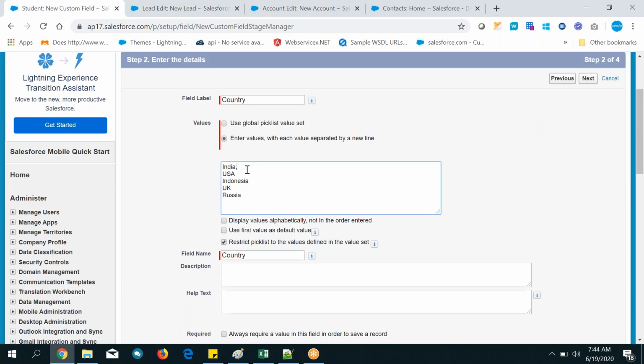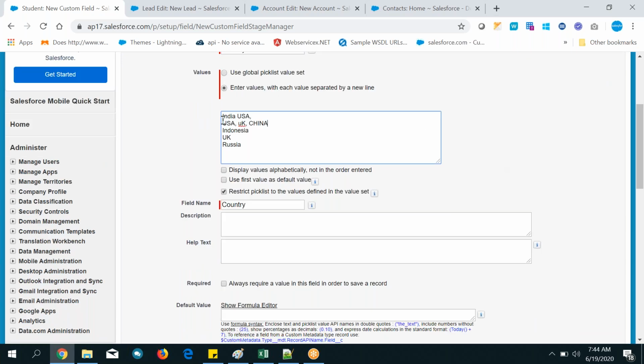Okay, so let me show you. I'm just putting commas, India, so USA, like this. Okay, see, for one thing I have shown, I'm going to show you how the output will look. Okay, and for another, UK, so China. Look, see how the output will be displayed. After that we will change this here. Okay, so one value, second value, third value, fourth value, fifth value, totally 5 values will be displayed.